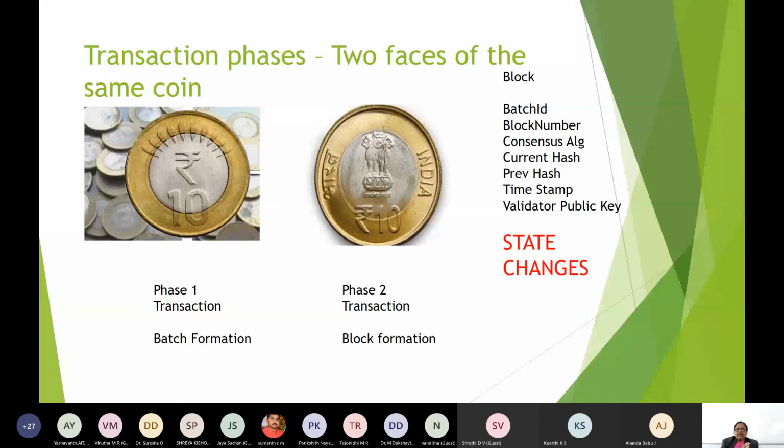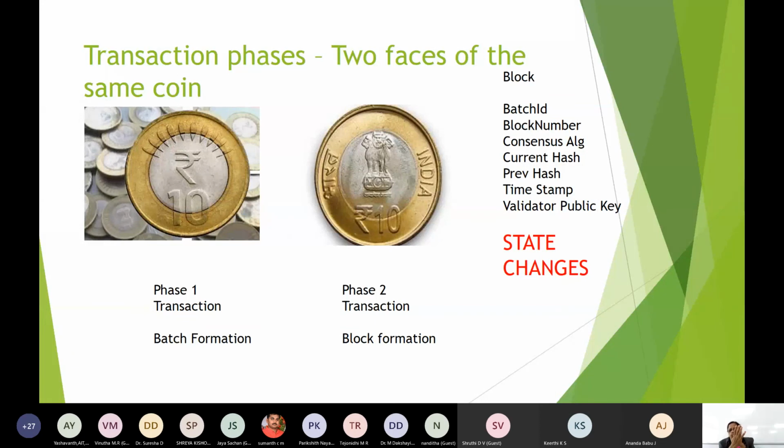I had drawn that hexagon diagram. So this transaction cycle, transaction phases, right? You take a 10 rupees coin, both the sides, it will have phase 1 and phase 2, right? And 2 phases of the same coin.